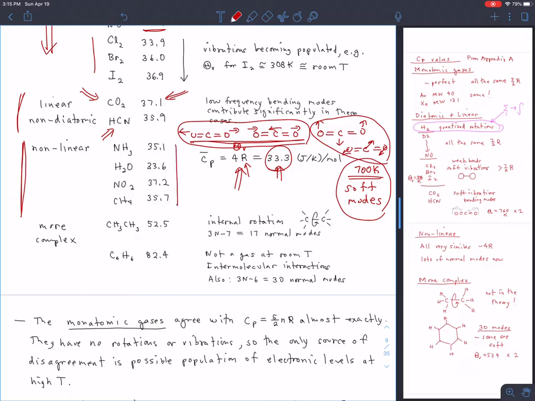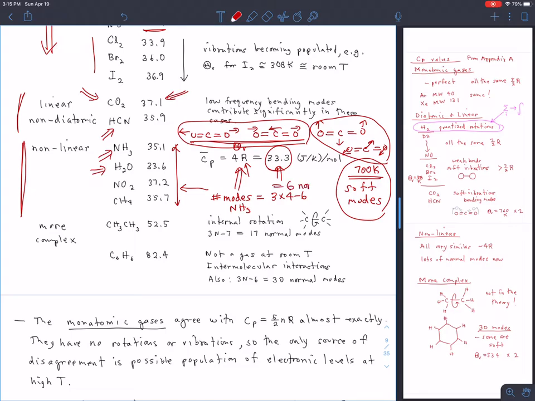And you can see that we're generally close to 33.3, especially for water here, but always a little bit above 33.3. And that means that there are vibrational contributions coming in and playing some role, not a very big role, you can see. They're still all close to 33.3, but playing some role at least in all of these molecules. Why is that? Well, you're starting to have a large number of atoms, right? 4 atoms for ammonia, and it's nonlinear. So the number of normal modes for ammonia is going to be 3 times 4 minus 6, which is 6